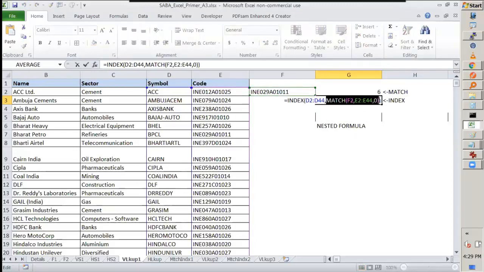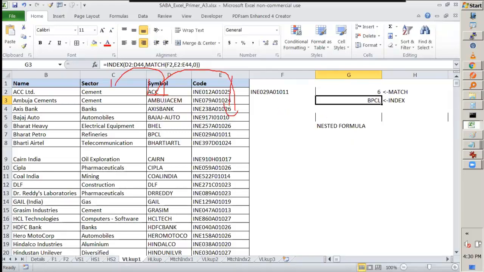Try to make nested formulas. Initially you can make two different formulas, but next time you can bring one inside the other. So we want the nested formula as the answer. You should use MATCH and INDEX if you have to search for a value on this side.